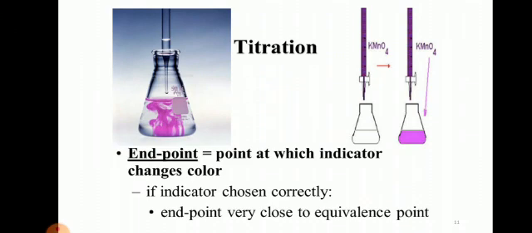This is the actual process when we are using a KMnO4 titration. This is a burette. In this I already filled KMnO4. How to fill KMnO4 I showed you in the water hardness practical. After that we are going to add this purple color solution to the conical flask. In the conical flask we already taken 10 ml of metallic ion sample solution plus 10 ml of H2SO4. So that is a colorless solution.